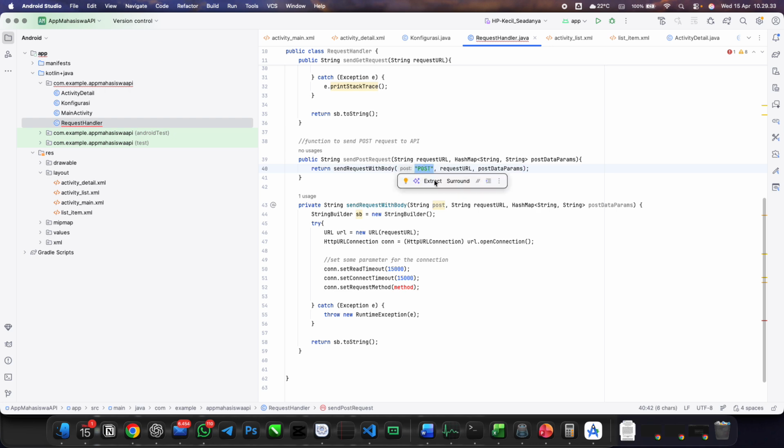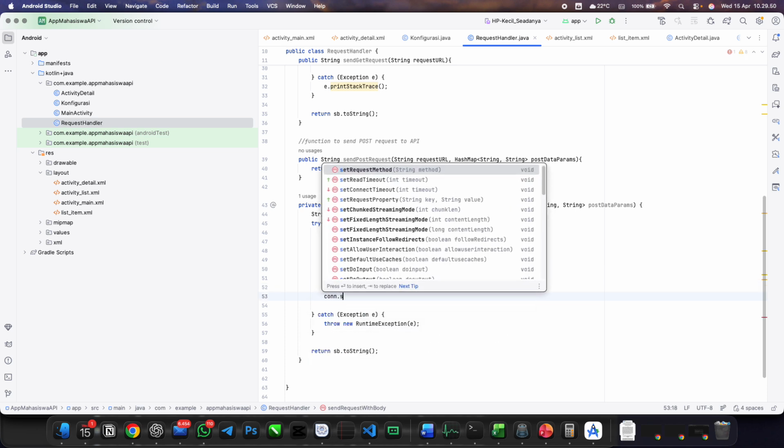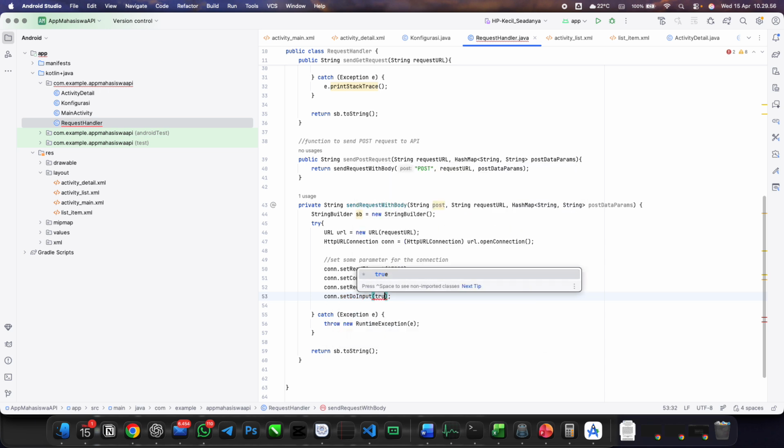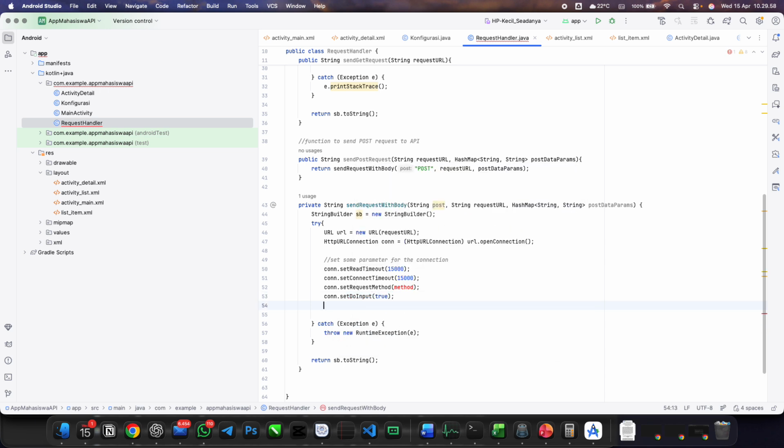This is the method post, so the method will be sent through our parameters. Con dot set do input. Okay, we'll make it true. This is an input, and also for output, yes, it is also an output.